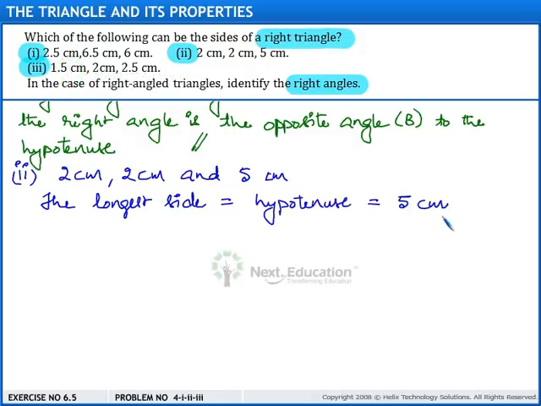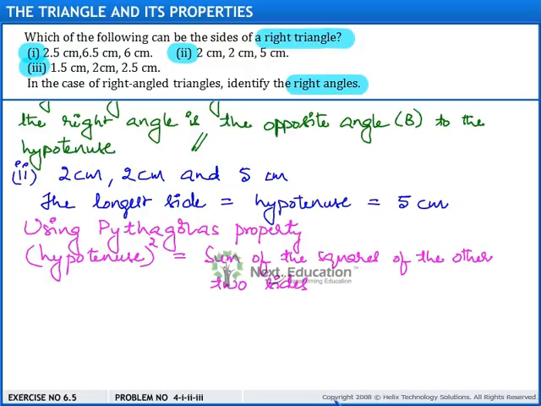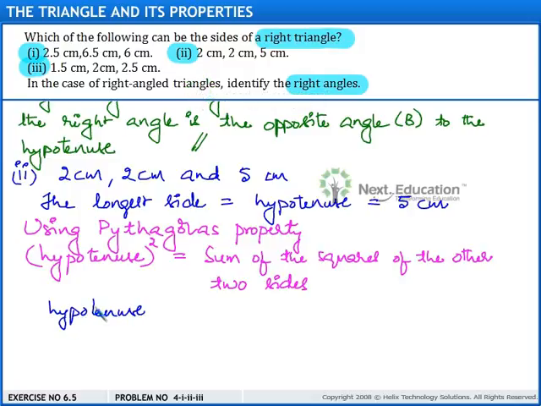Let us assume this. Using Pythagoras property, the square of the hypotenuse is equal to sum of the squares of the other two sides. So let us check this with the given measurements. The square of the hypotenuse